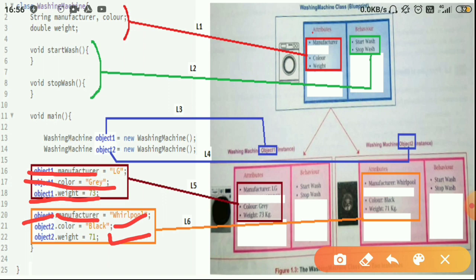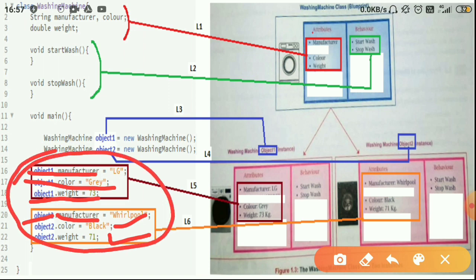So this is how you will represent your class, and this is how you'll create your objects. Finally, you define the actual state of the object. This is the state of the object.